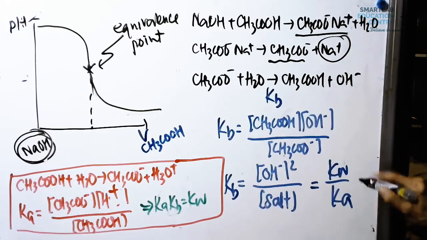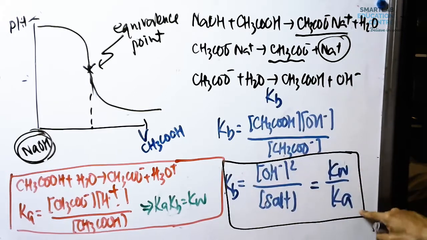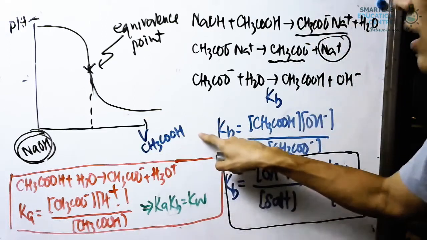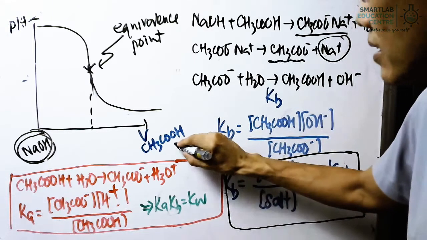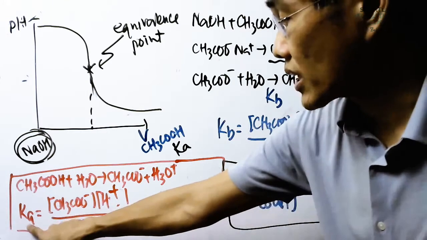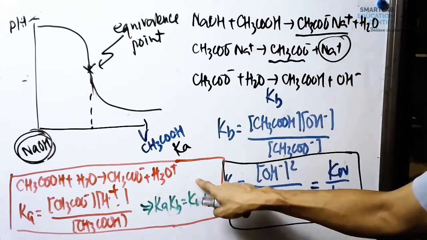There's actually another way that we could calculate that, using Kw over Ka. How does this come about? Let's take a look by looking at this box. Taking a look at the acid, ethanoic acid, if it was given with an acid dissociation constant like Ka, we could have a Ka expression as such. This is merely an equation where the weak acid dissociates.